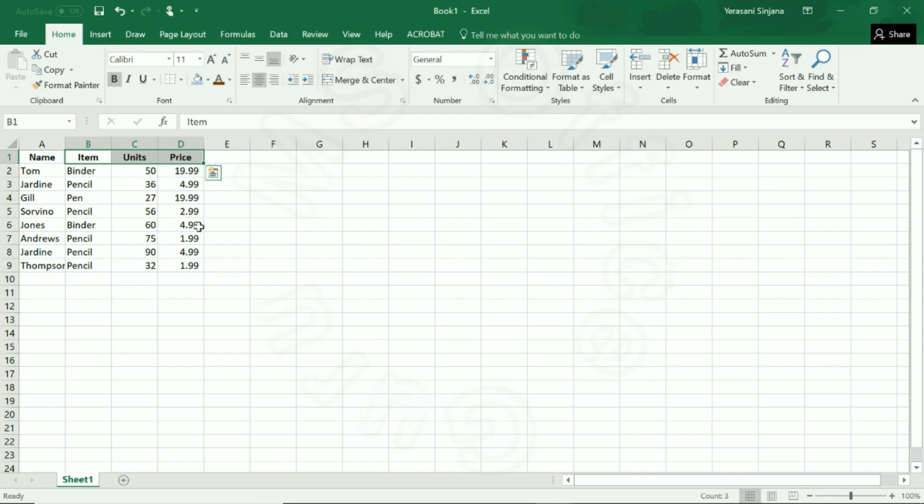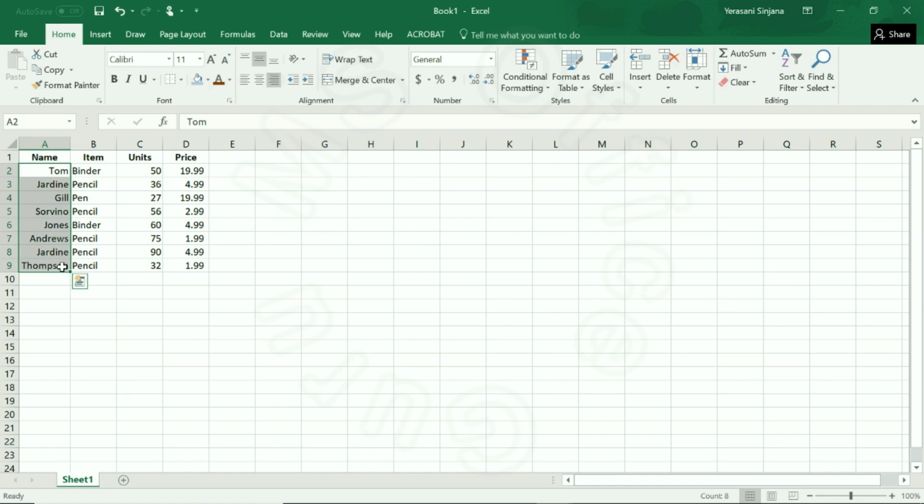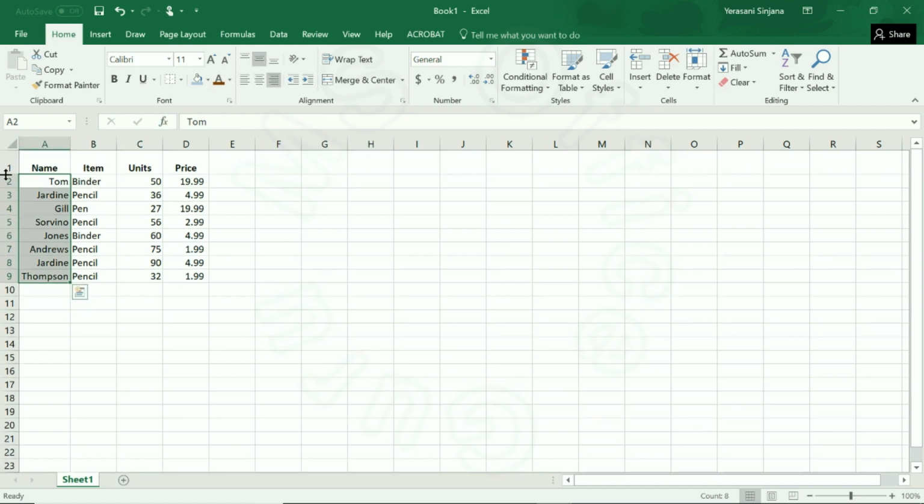Similarly, we can do the same for A2 to A9 and align these cells towards the right. Now you can see all the text is aligned to the right. Now to vertically align, let us see how we can do that. Let me increase the size of the row, and now you can see all the text is at the bottom